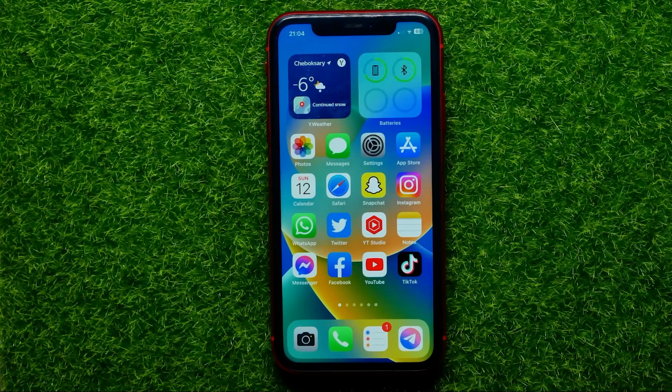Hello guys, welcome back. In this video I'm going to show you how you can easily delete messages on Snapchat